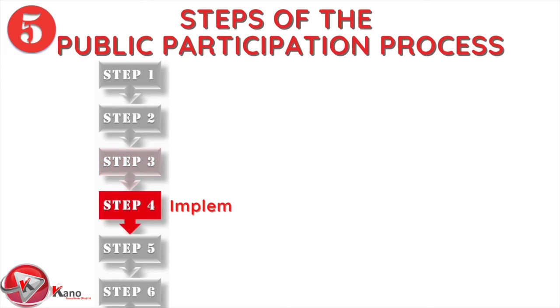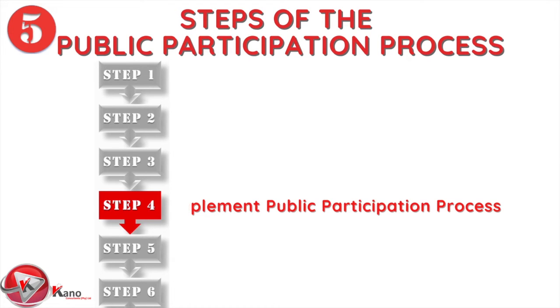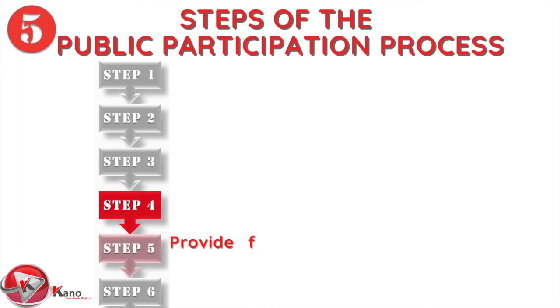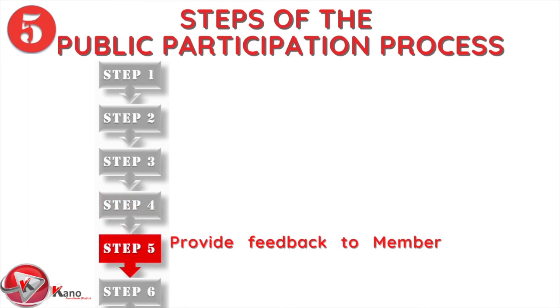The fourth step involves the conducting of the actual public participation sessions. These sessions must be conducted according to the developed action plan. Under Step 5, stakeholders are then provided with feedback about the outcomes of the public participation process, as well as how their inputs will be incorporated into that particular aspect of the government policy, or public action, or government decision.